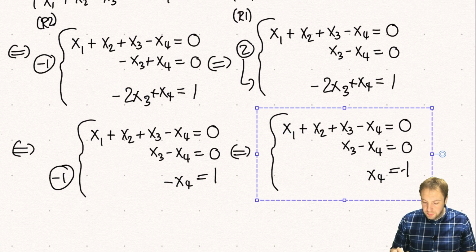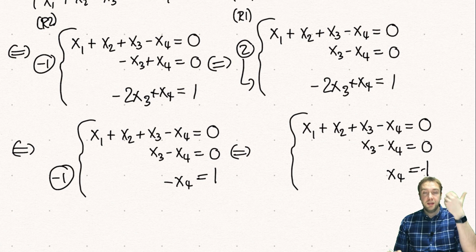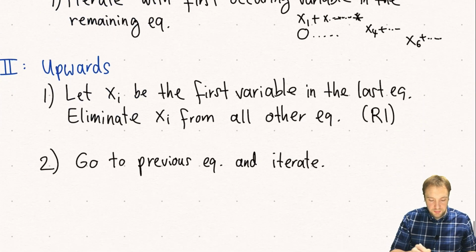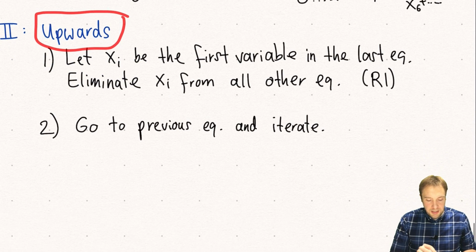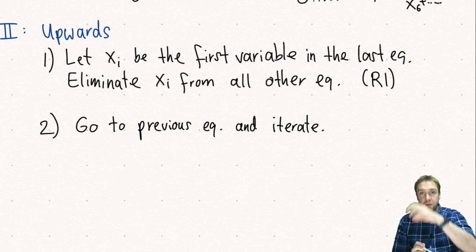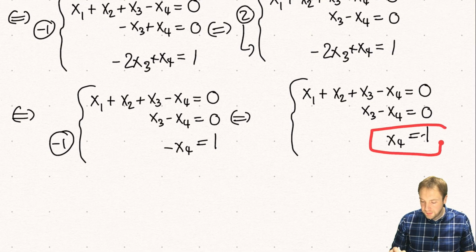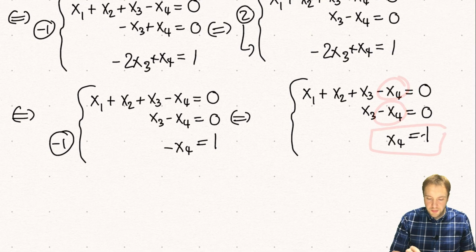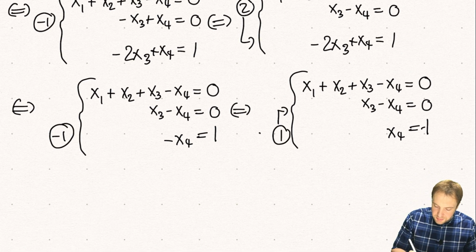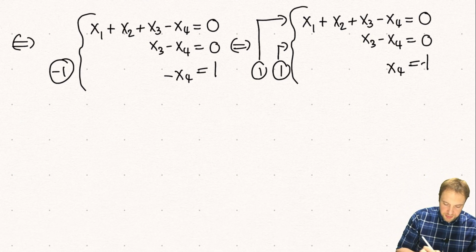And now we want to go upwards and make sure that this variable also does not appear in the equations above. So we now go into this upwards part here, and we now start at the bottom and look at the first variable which appears, and then want to remove it from the equations above. And in this case here it's x4, so we want to remove it from there and there. So we added 1 times to this equation and 1 times to this equation. And then what we get is